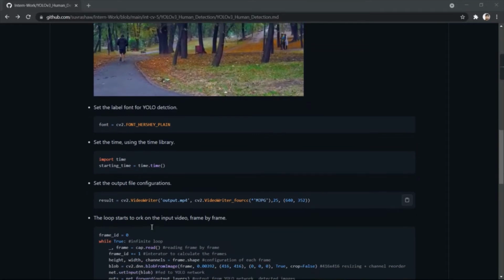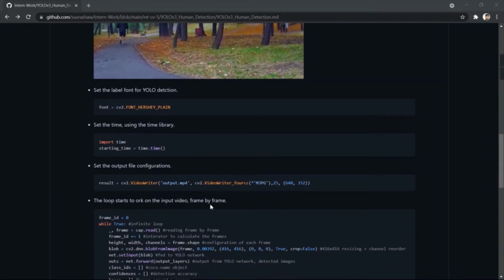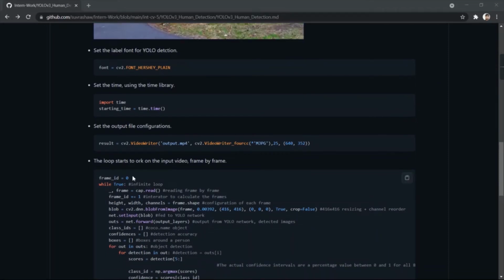Now the loop starts to work on the input video frame by frame. So here firstly a constant, a frame variable we have used, that is frame id equals 0, initializing that with 0.